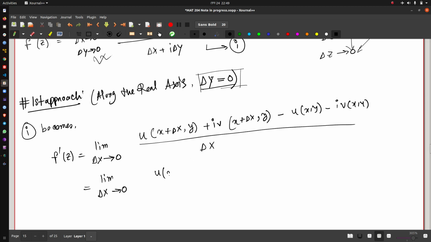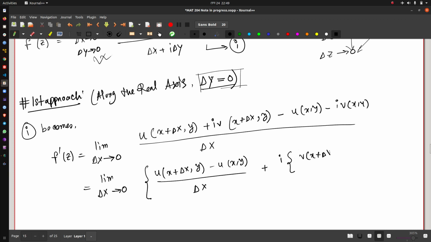If you collect the real terms only, and if you collect the imaginary terms only, it will be v x plus del x minus vxy by del x,